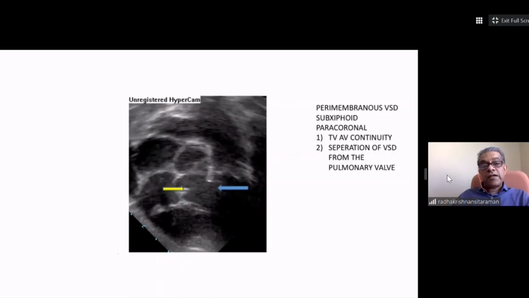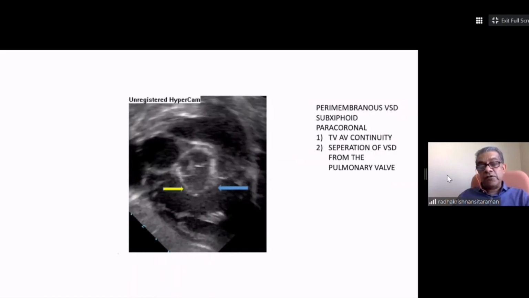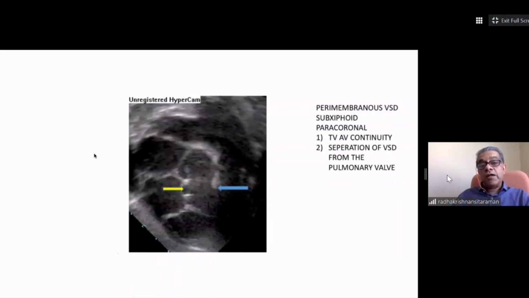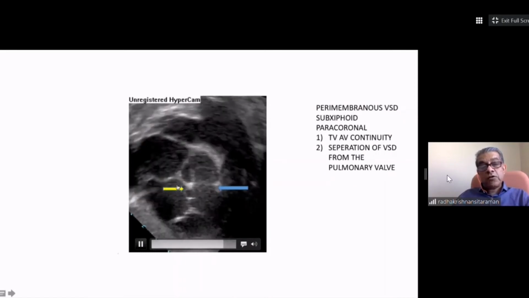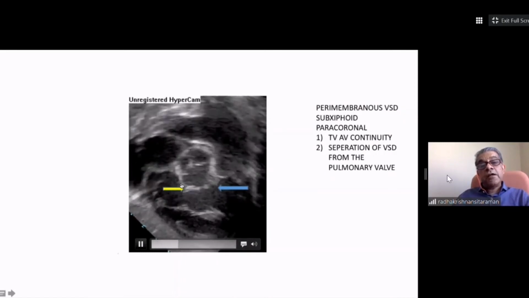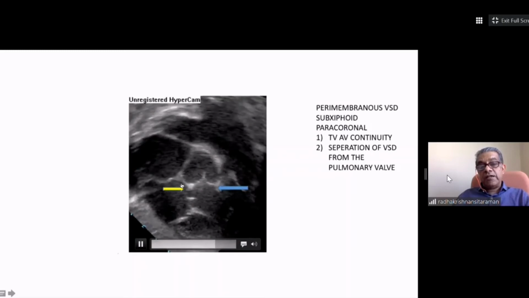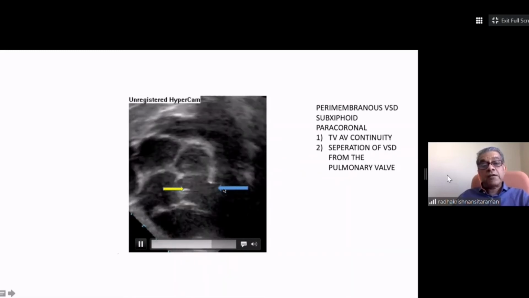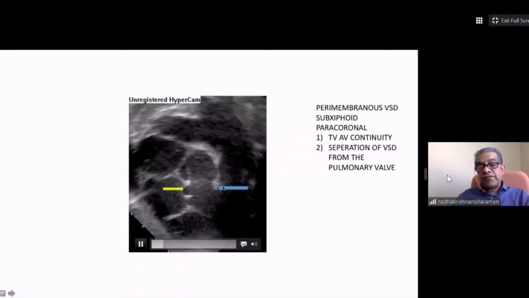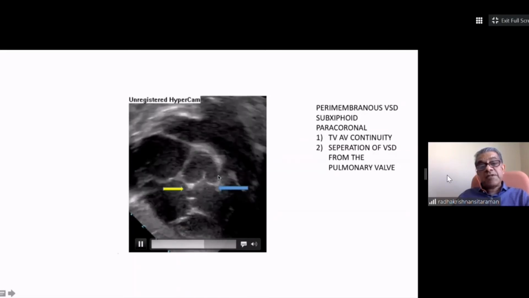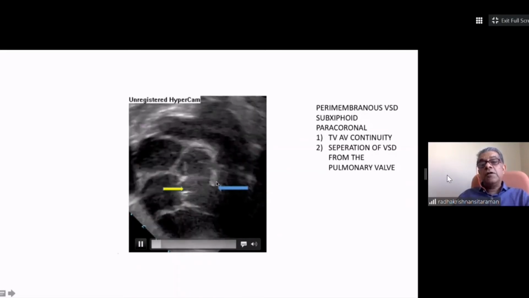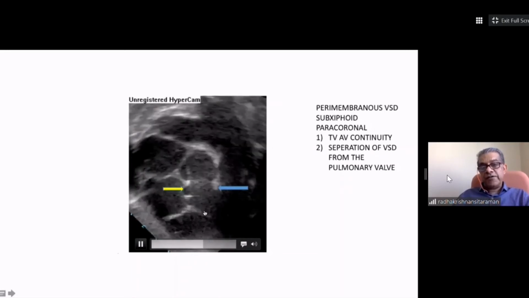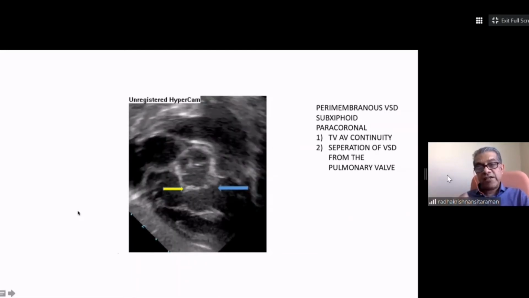Now, if you look at this, this is a paracoronal view of the subxiphoid view, and it shows so clearly, this yellow arrow points out the continuity of the tricuspid valve and the aortic valve, therefore defining it as a perimembranous defect. This arrow here points to the fact that the outlet septum is intact, and therefore this is not a doubly committed ventricular septal defect. So these are the ways that we define